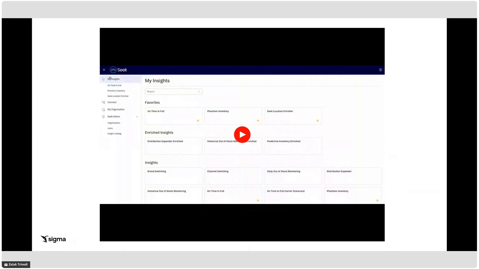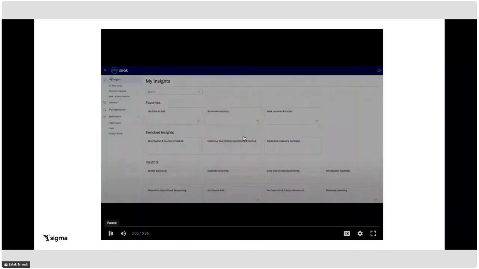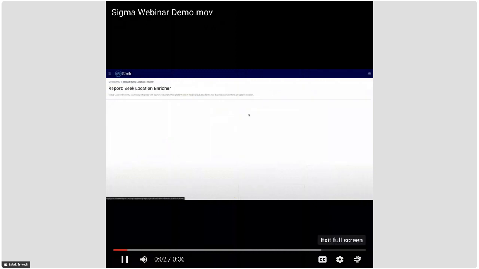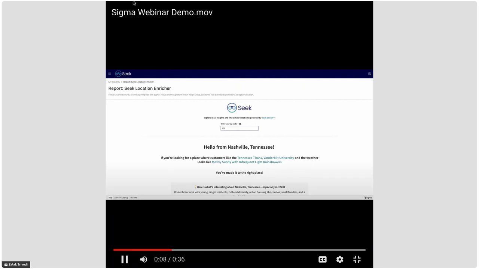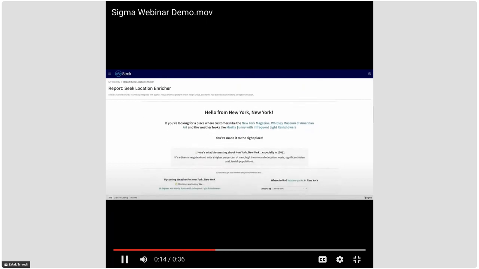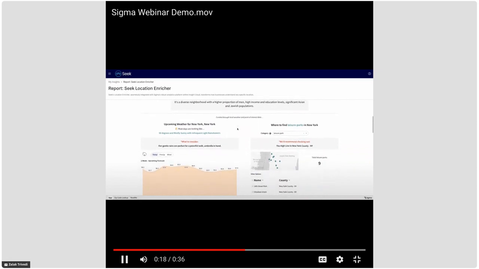And the most important thing about this, and the most impactful thing about this, is that it's all built with embedded Sigma. So as Zalak plays this video, what you'll see is a little preview of what Insight Cloud looks like when it comes to life. And you'll see, clicking into a particular application. This one is what we call our location enricher, built by our team to help people understand things like demographics and weather and brand affinities and propensities, et cetera, around specific locations.